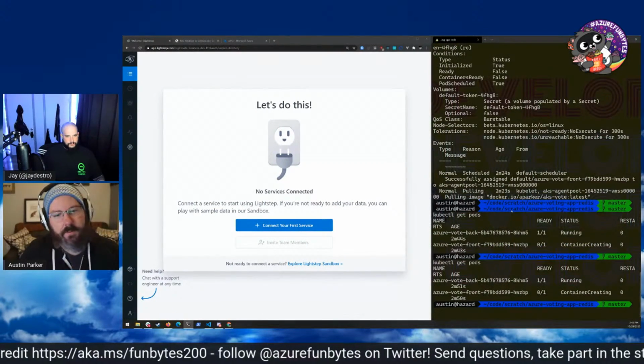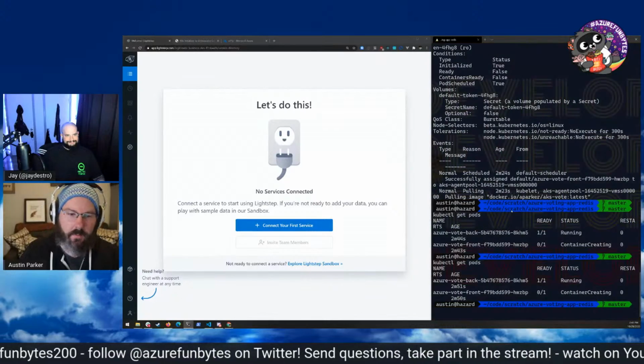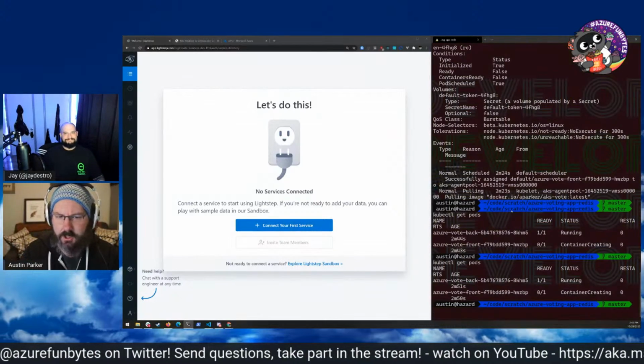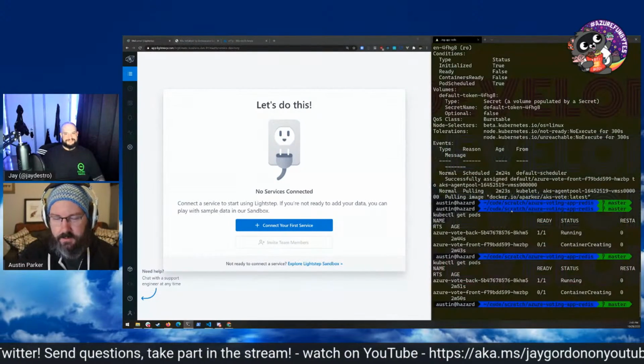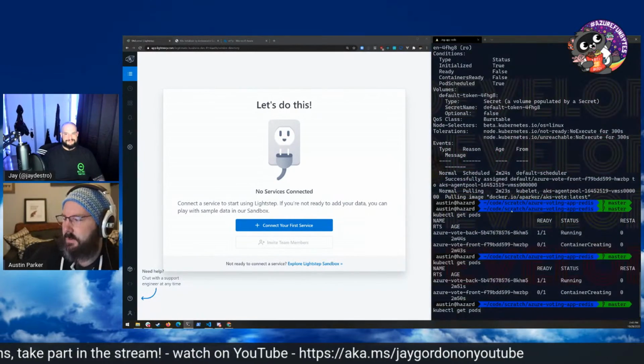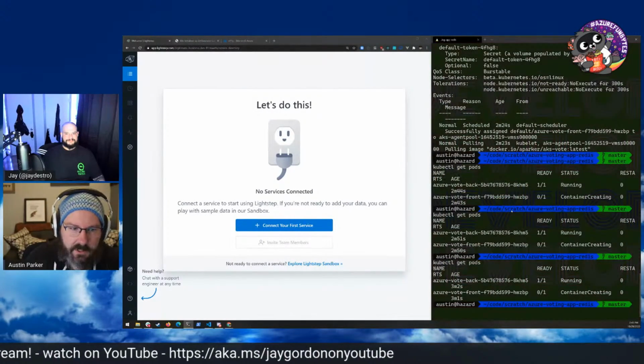few minutes. Oh, it's actually because I've never pulled this image. I made a new cluster earlier today for this demo. So that's why it's taking a while, because it's a big image, I think.